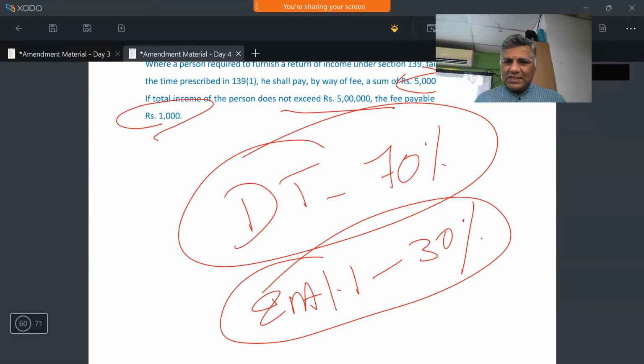Direct taxes amendments, I again tell you the order of importance is reconstitution, the assessment procedures, slump sales, and all other small areas, including tax audit limit. The small areas are very important. If at all, we'll go through the law again. If at all I have missed something, I will compensate that in the revision process.